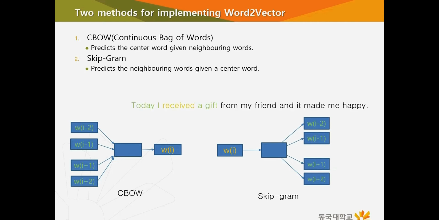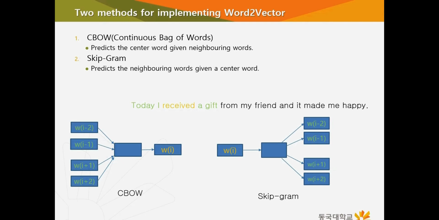given a central word. Let's say that there's a sentence, "today I received a gift from my friend and it made me happy." And let's say that the central word is "received", then the neighboring words will be "today I a gift". In the case of CBOW, we are trying to predict the central word "received" given the neighboring words "today I a gift". And in the case of skip-gram, we are trying to find the neighboring words "today I a gift" given the